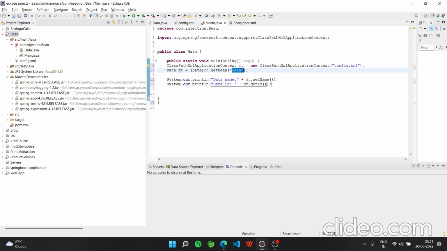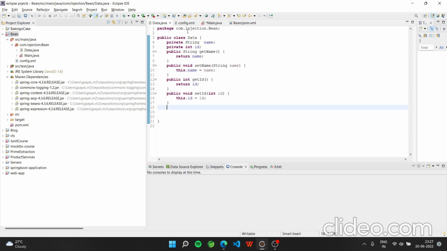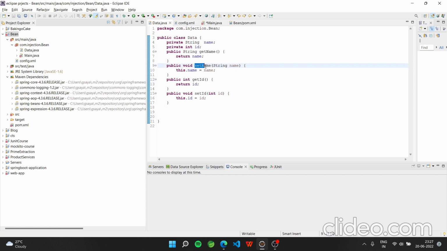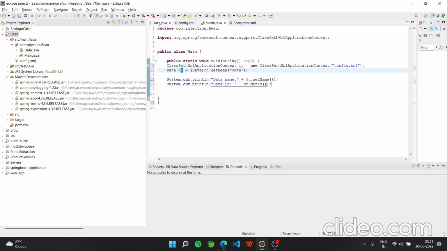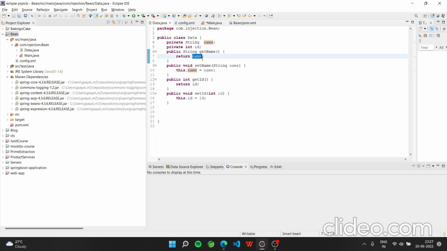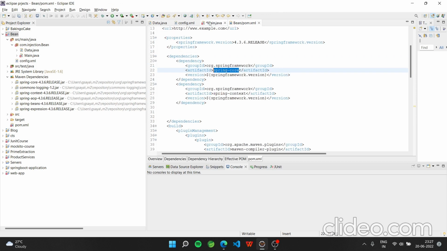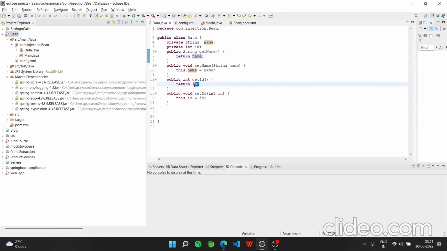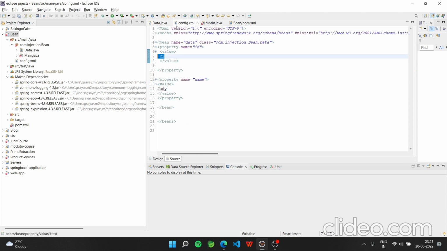data, and now it's looking with this file. I created an instance with the dt, and that dt is calling all the functions, set, sorry, not set, get name and get id. Okay, so this name will be this one over here, and this id is gonna return this one, as we have created a bean and injected